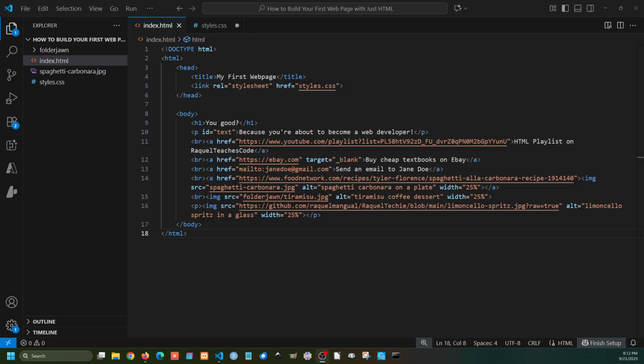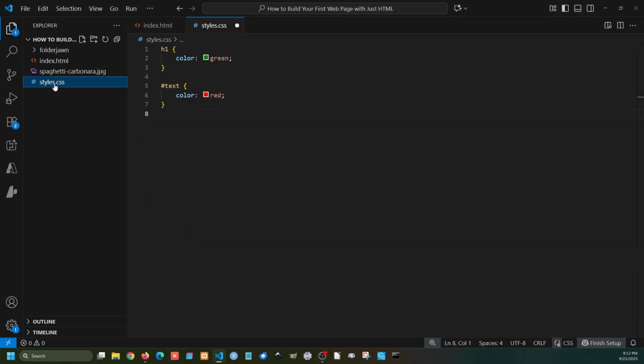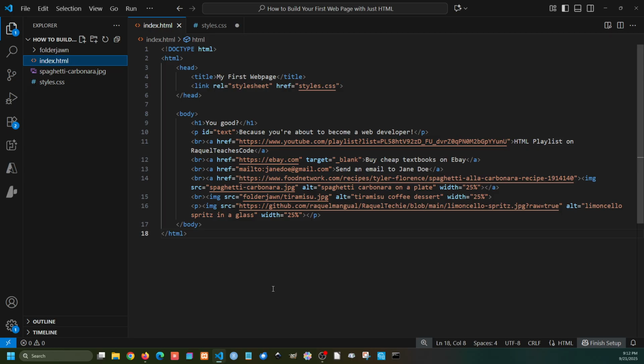So here we go back to the Visual Studio Code that I'd worked on before, where I have an HTML file that's also linked to a CSS file here, a very simple one. And so I want to show you first how to add the comments to the documents and also how they are useful. So one of the things about comments that you need to keep in mind is that their use